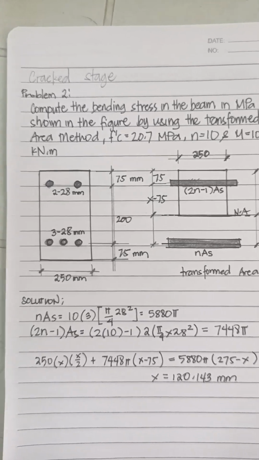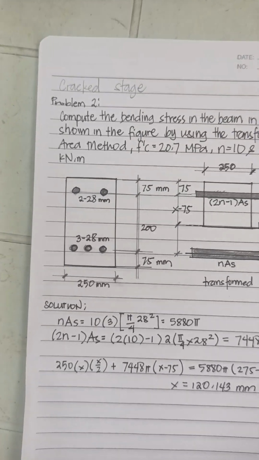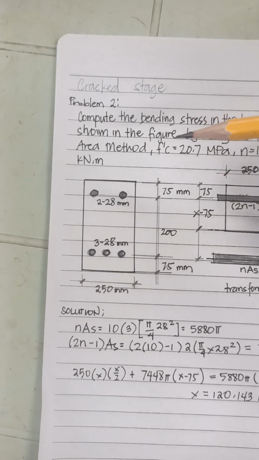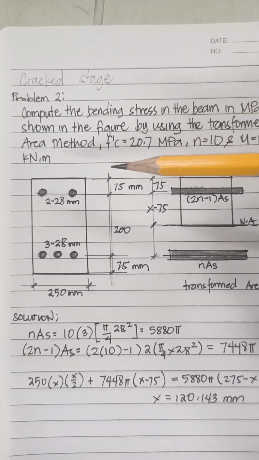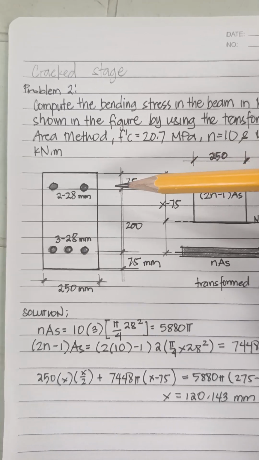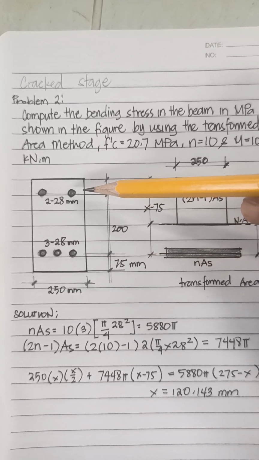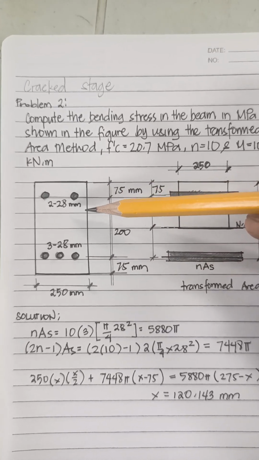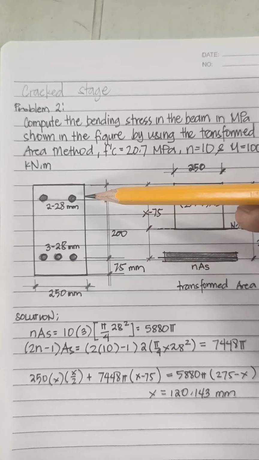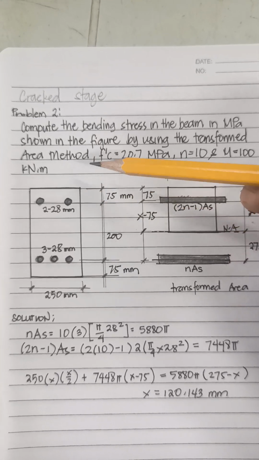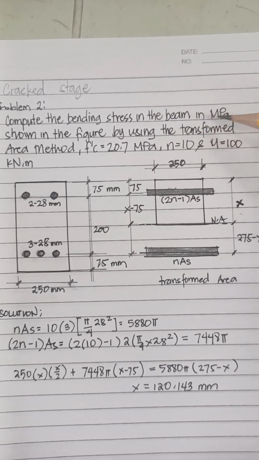Okay, problem number 2 under the cracked stage topic. So we have here an example for a doubly reinforced beam. Doubly reinforced simply means that you have reinforcing steel on both the tension and compression sides. For problem number 2, we are required to compute the bending stress in the beam,